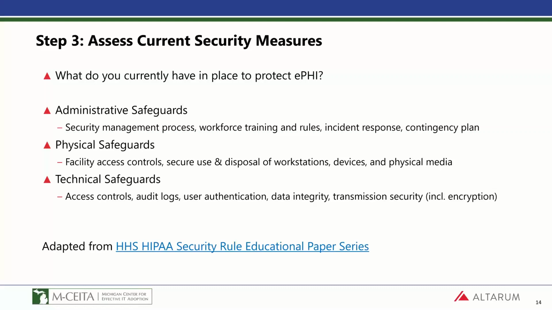Security safeguards are not one size fits all. The goal is to have appropriate safeguards in place that allow permitted access while preventing unauthorized access. But for this step in the SRA, you are not trying to improve your safeguards as you go. You are just identifying and documenting what is currently in place. Improving safeguards should come after the assessment is complete. And this is important. If you take the approach of fixing your safeguards as you go through the risk analysis, it will take much longer and you may never finish.